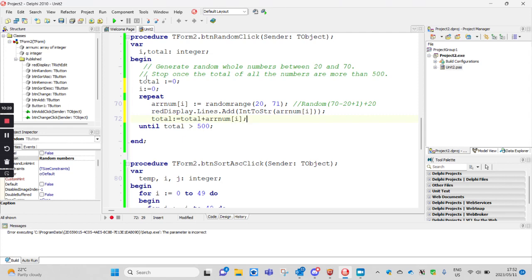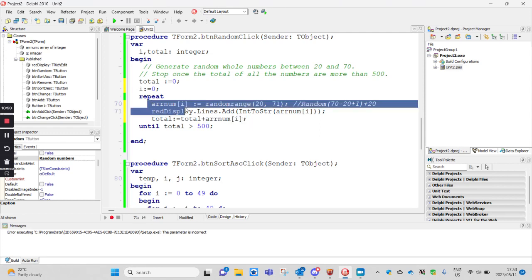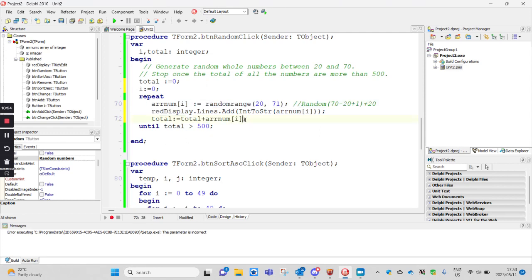So what this one does: total started at 0. We get our random number. Now total is going to become whatever total was, which is 0 at this stage, plus the number we just generated. And that will be put into total. Once that is done, we can check. If it's not more than 500, generate the next one, display it, put it in. That would all be good. However, we are still missing that one where